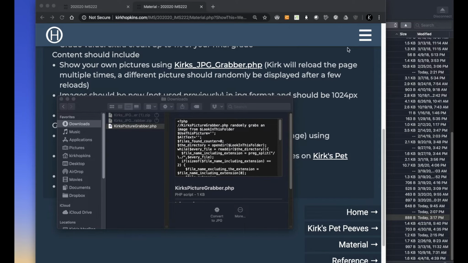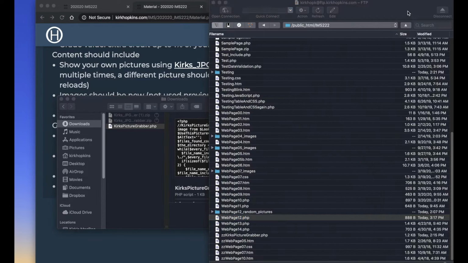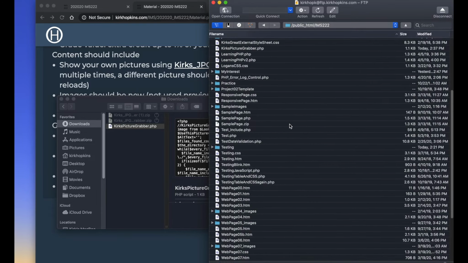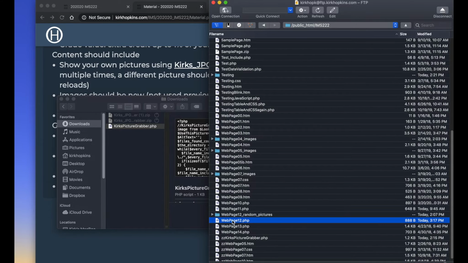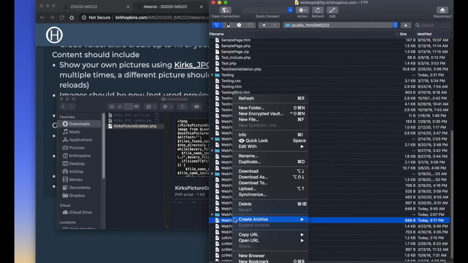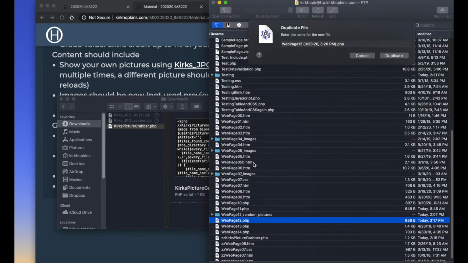And if you have not already done so, you want to make that file over on your website. Now, I've had some issues where people said that they couldn't just directly copy their file over without having issues. So I'm going to recommend that you duplicate one of your web pages. And I'm going to duplicate my WebPage12. And I'm going to call that